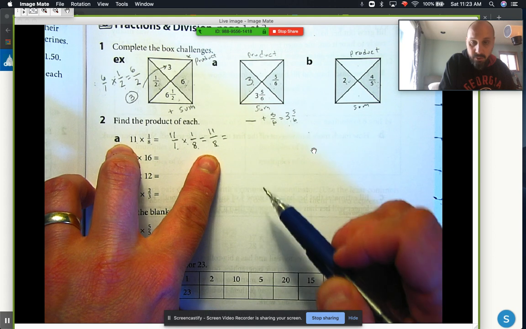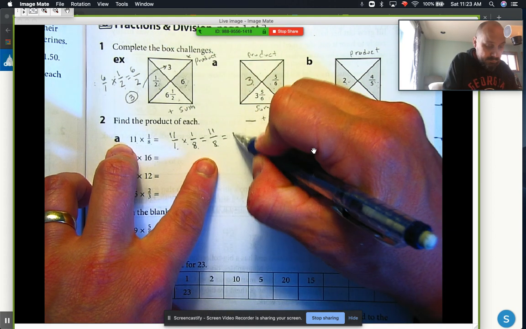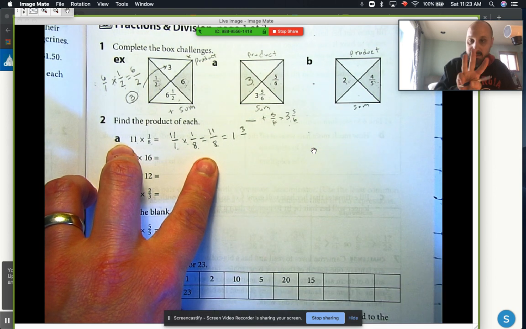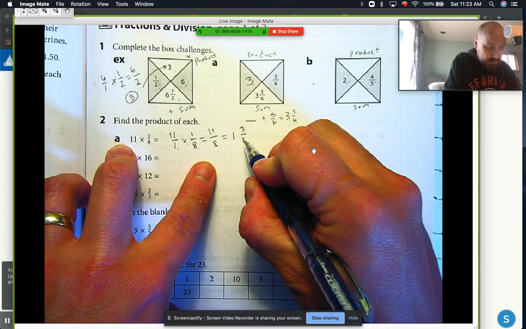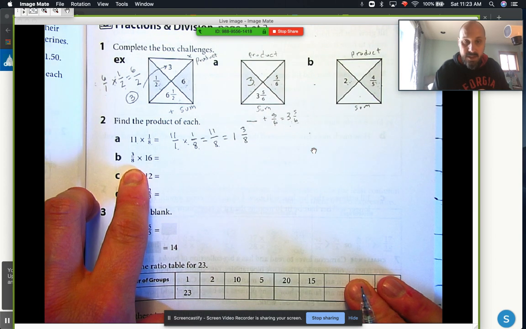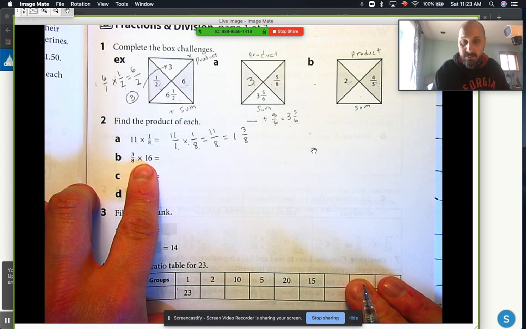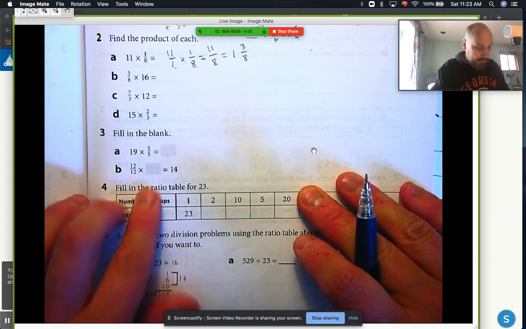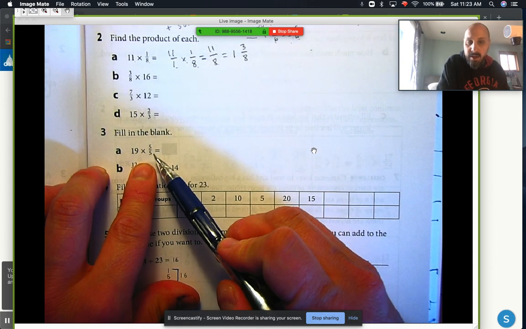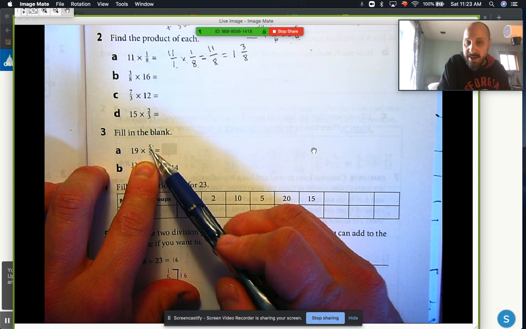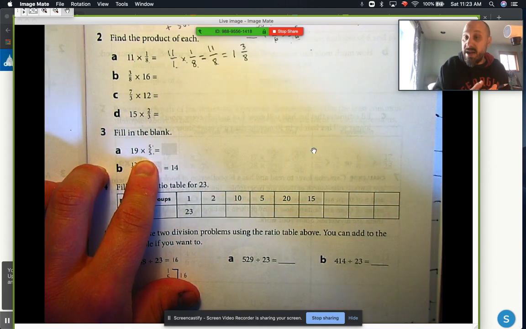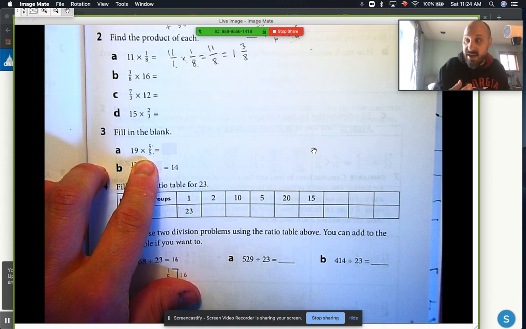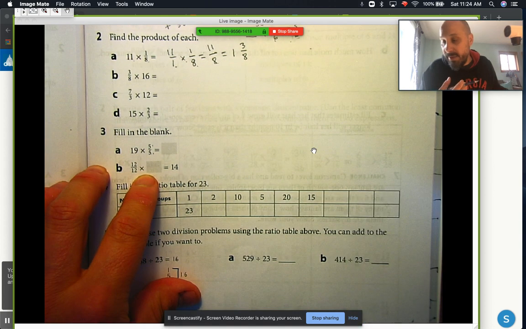We can simplify that into a mixed number, a mixed fraction. I know 8 will only go into 11 one time. There are 3 left over: 8, 9, 10, 11. My numerator is 3. My denominator stays the same. And you can do that for each of those coming down, okay? Now, for the bottom, we need to fill in the blank. Remember, when a fraction has the same numerator as the denominator, the fraction is the whole number 1. So 5/5. If I have a pizza with 5 pieces,